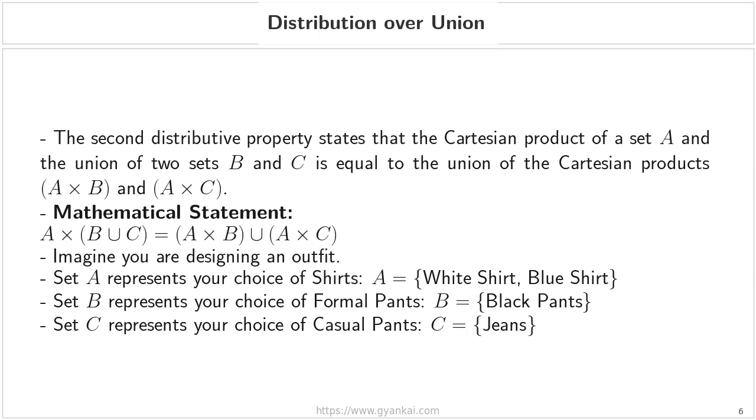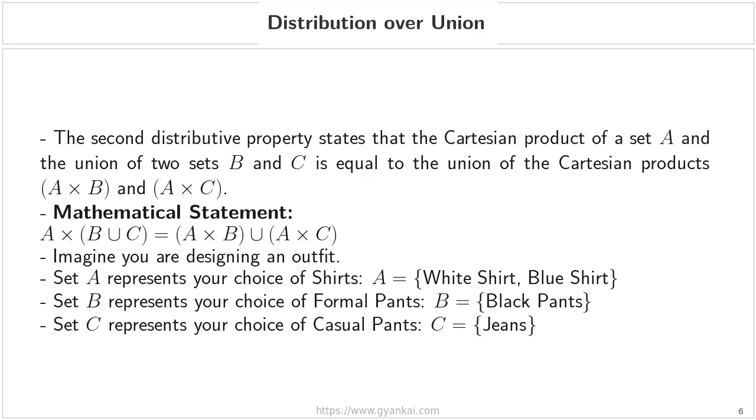To make this concept a bit more intuitive and less abstract than the previous example, let's step away from numbers and letters and imagine you are designing an outfit. Suppose you have 3 different sets of clothing. Set A represents your choice of shirts, specifically a white shirt and a blue shirt. Set B represents your choice of formal pants, which is just black pants. And finally, Set C represents your choice of casual pants, which is just jeans. We are going to use these sets in the next few slides to see how this property works in a